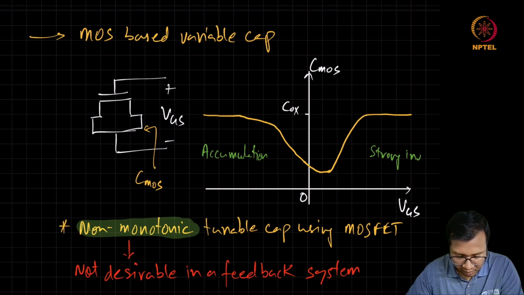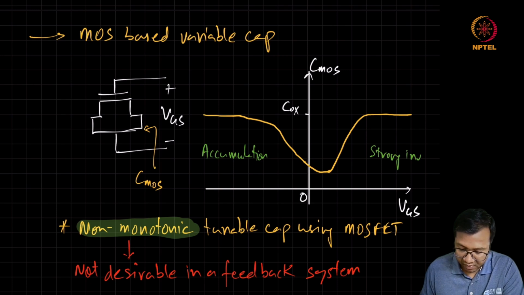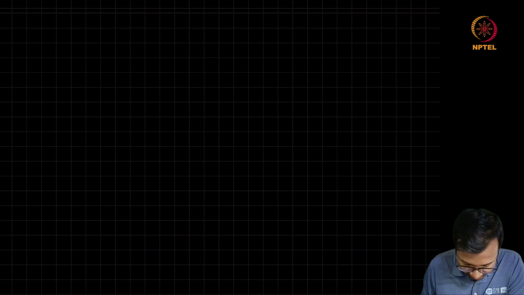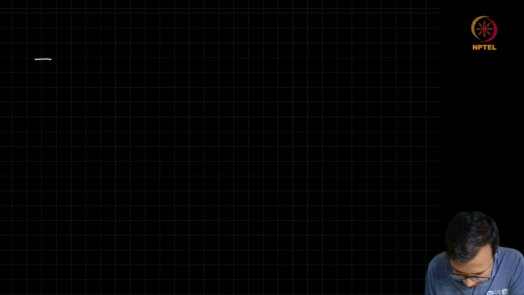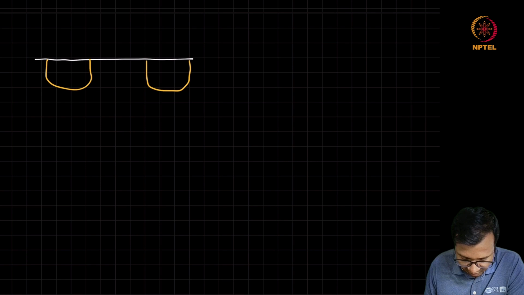So it has been found that instead of using a standard MOSFET to realize a variable cap, we can do some modification in the MOSFET structure. For example, we can fabricate the NMOS structure inside an n-well itself, and such a structure is going to give you a monotonic capacitance voltage characteristic. So if we realize the same NMOS structure,